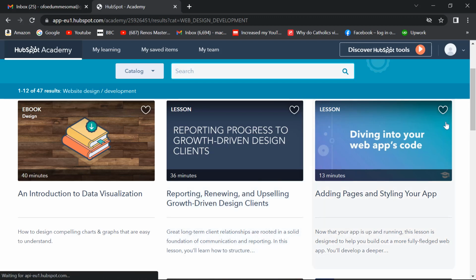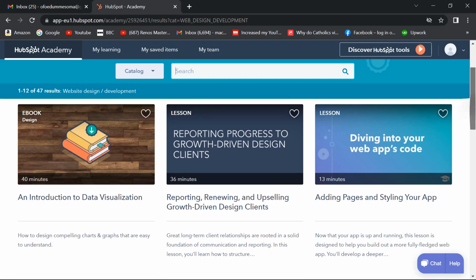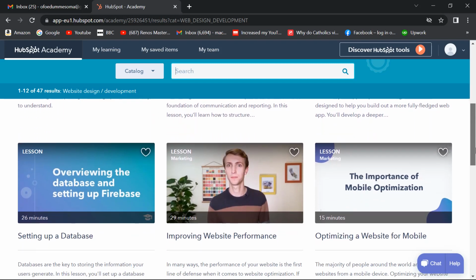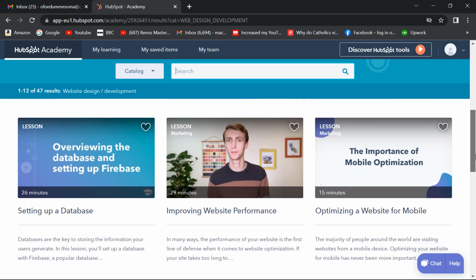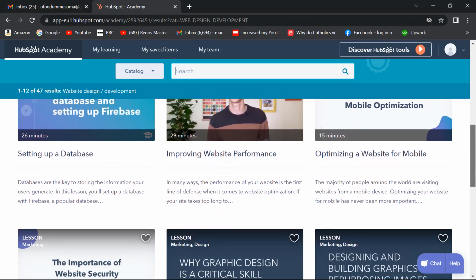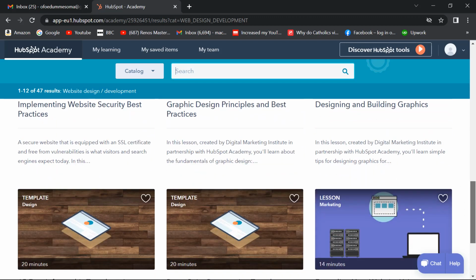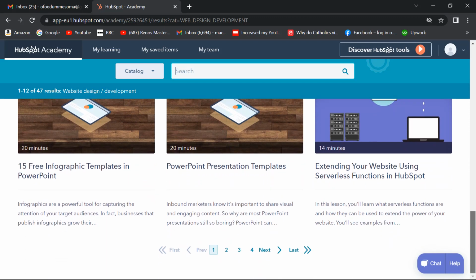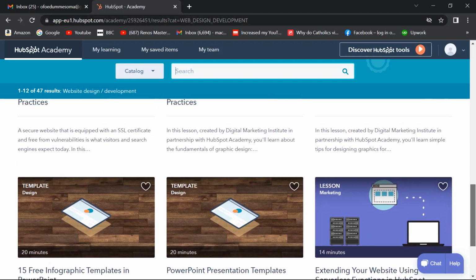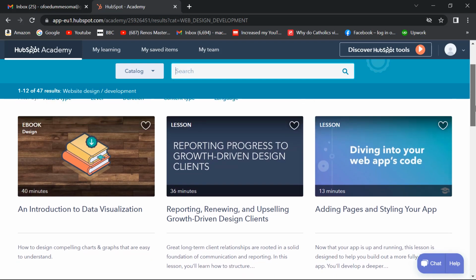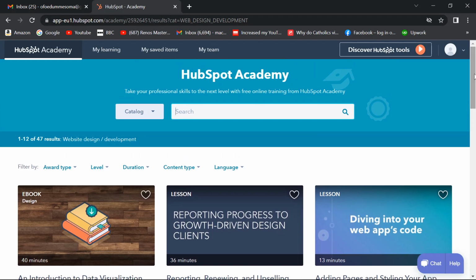All right, so all these courses are basically geared towards making you a better website developer or web designer. Okay, all of these courses would provide you the adequate knowledge you need to design a website. So many of them. All right, so you could check out the certification courses if you want to, and you can as well switch to another